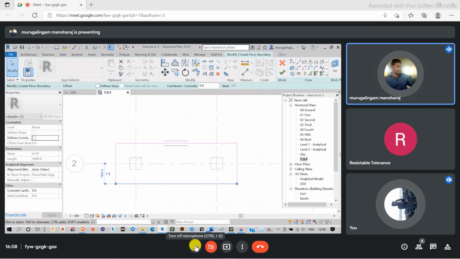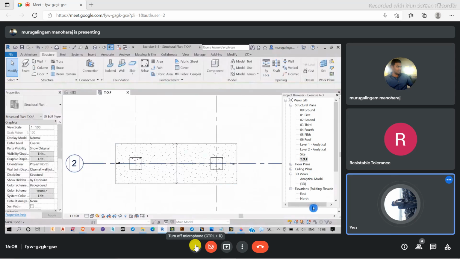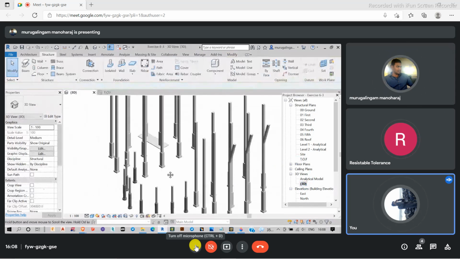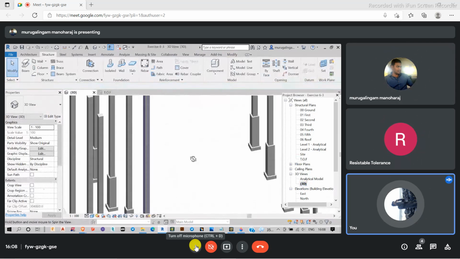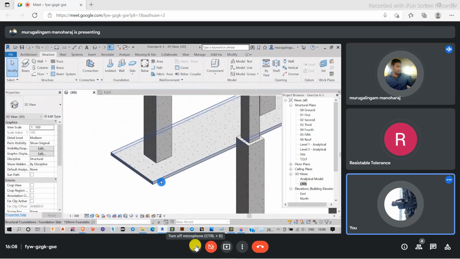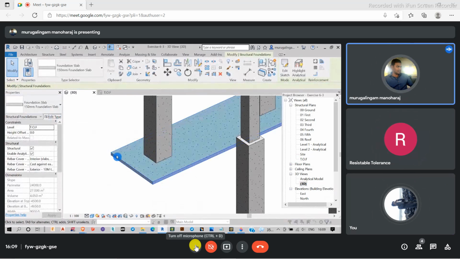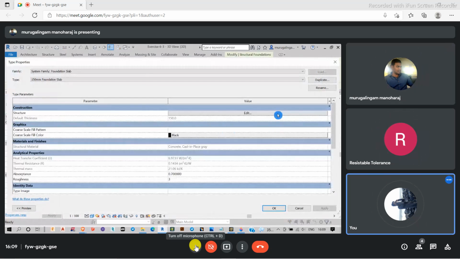Once I finish this, make sure my span is in the right direction. And I'm going to check my 3D view. So this gives my combined footing format. Let's change the depth of this one. Take type and edit.